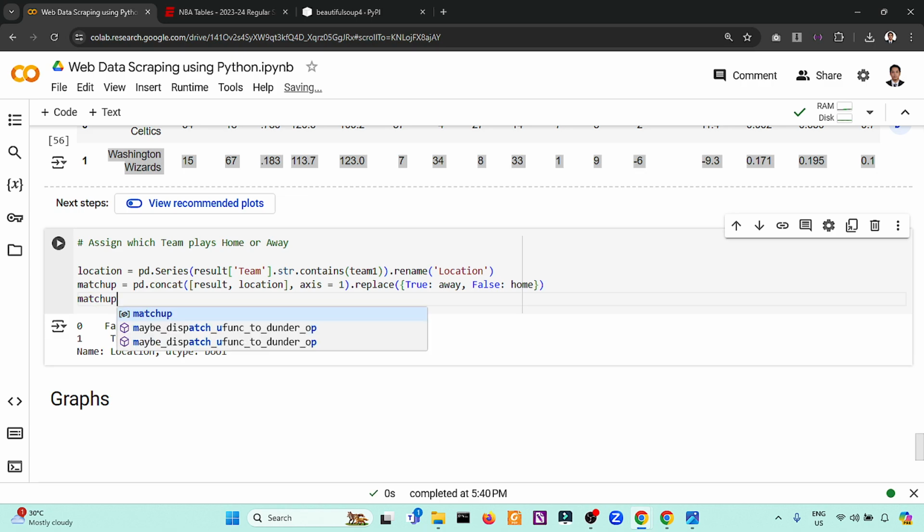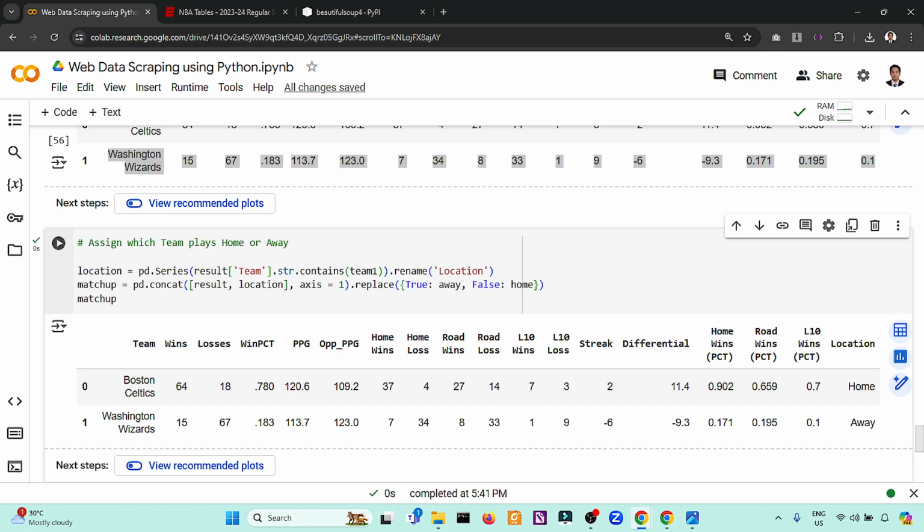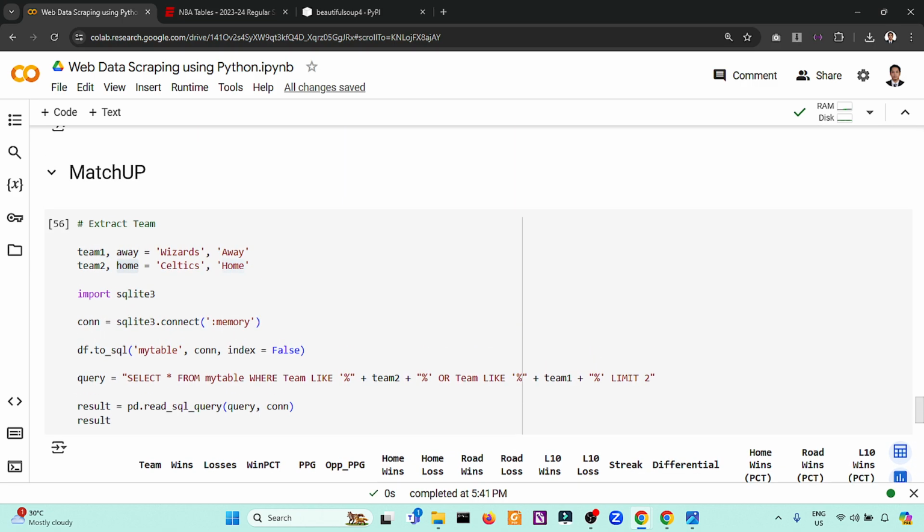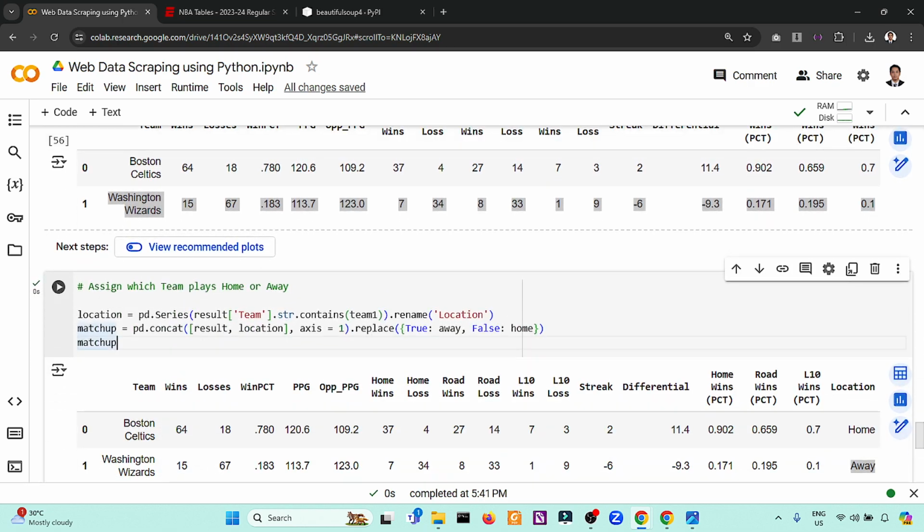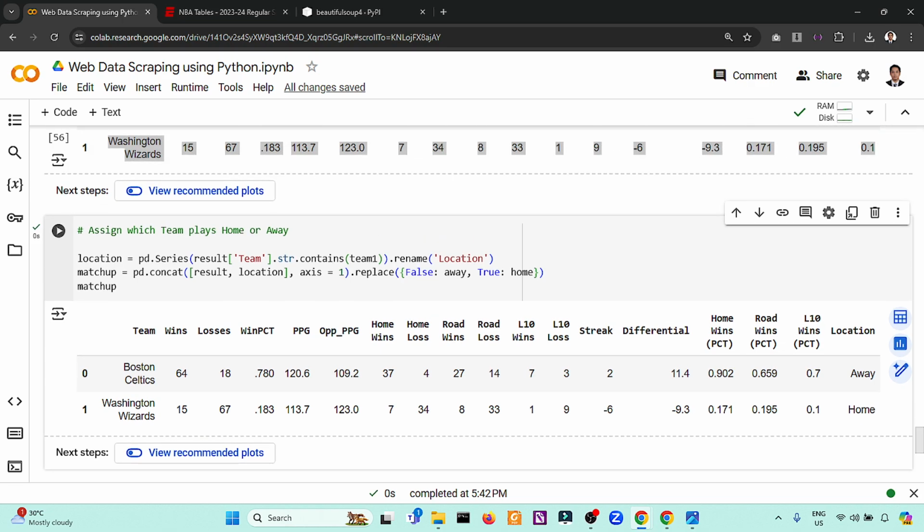So matchup. Let's see what's the result. Okay, so Boston is home while the Wizard is away. So we can place this one. So Celtics is home. So how about this is false? How about this is true? Okay, so the home team is the Wizard.